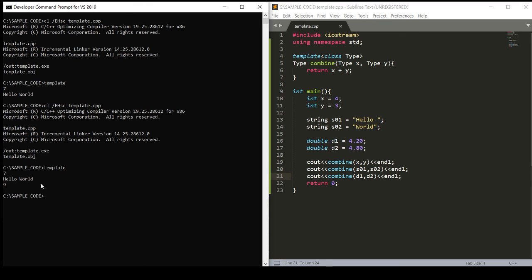And look at that. For 4.20 plus 4.80, we get back a 9. So it looks like our template is working, and